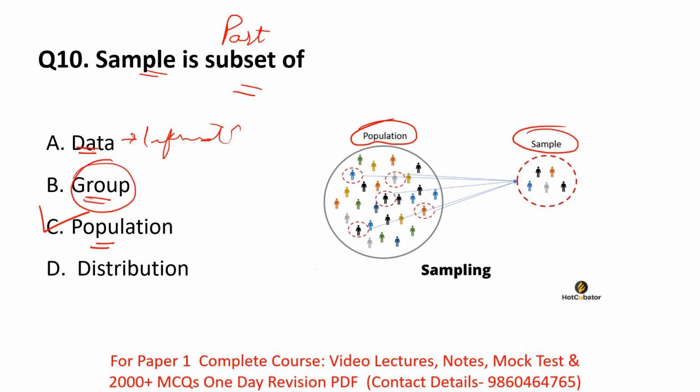No, a sample is not a subset or a part of data, or of some group. A sample is not a subset of a group or data or a distribution; a sample is a subset of population. What is the meaning of distribution? Distribution means whatever information you get from samples, you distribute in the form of a graph to do further studies. So a sample is a part of population, not a part of data, group or distribution. So the correct answer for this question is option C,